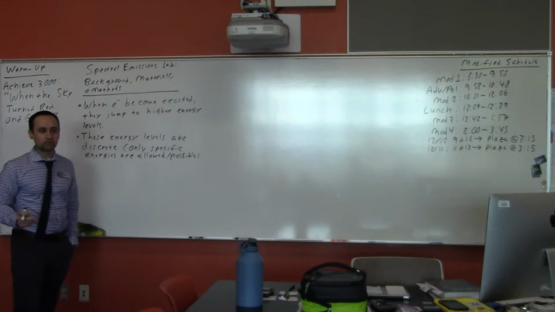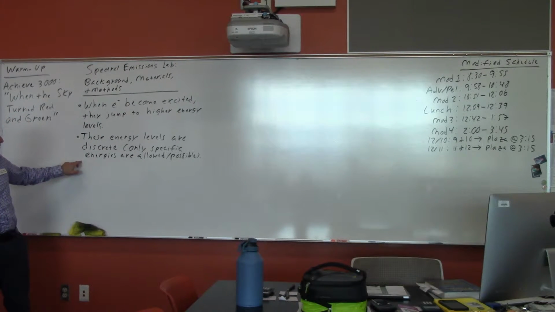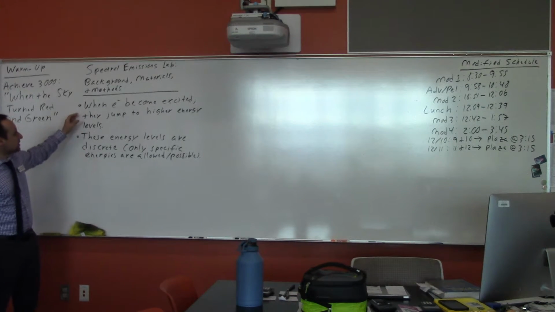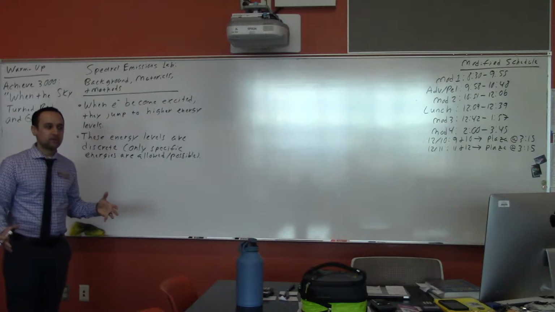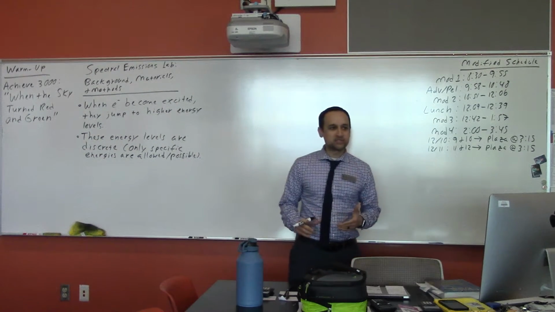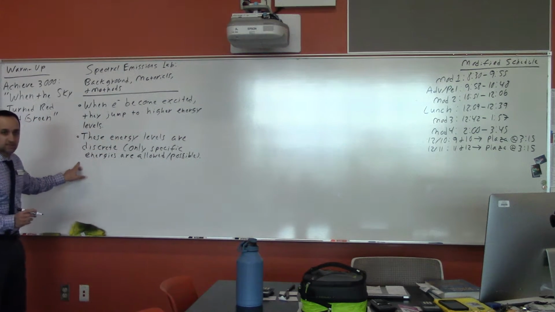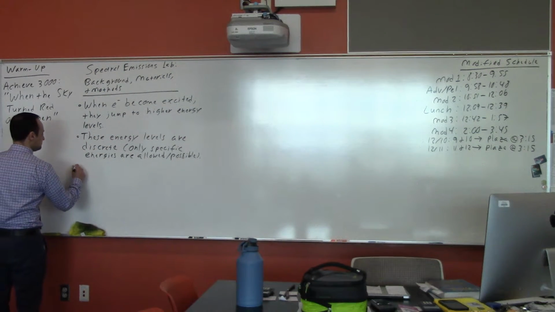Okay, possible is a better word. So these energy levels are discrete and only specific energy levels are allowed or possible, okay? So the electrons can't jump to any old energy. They can only go to certain energies. And what this means is, okay, that